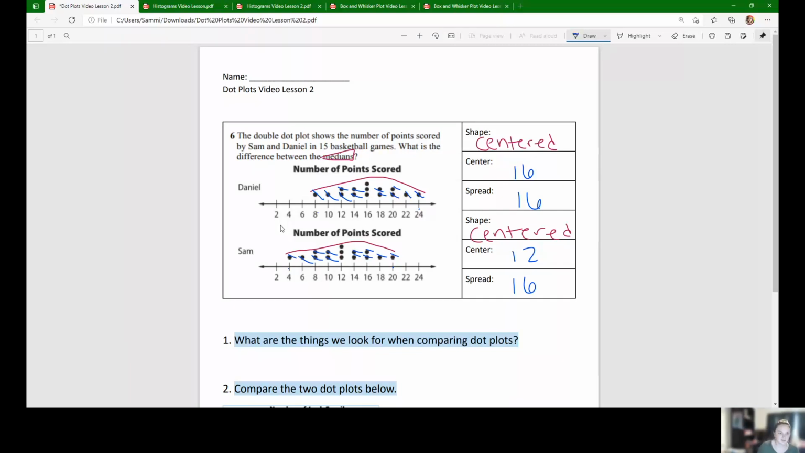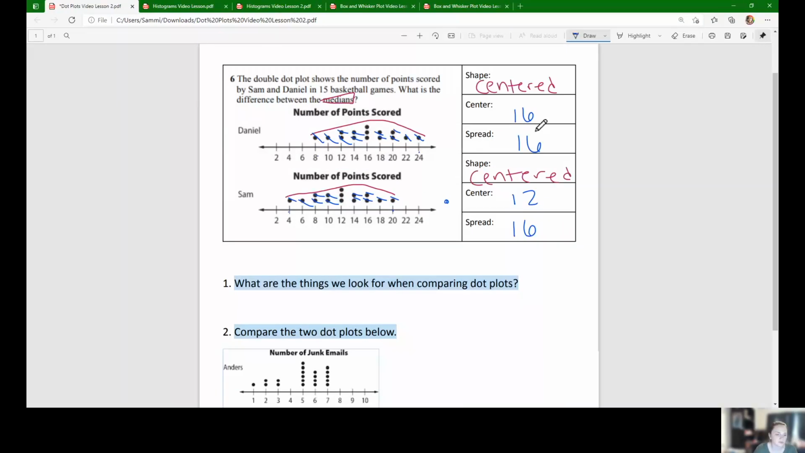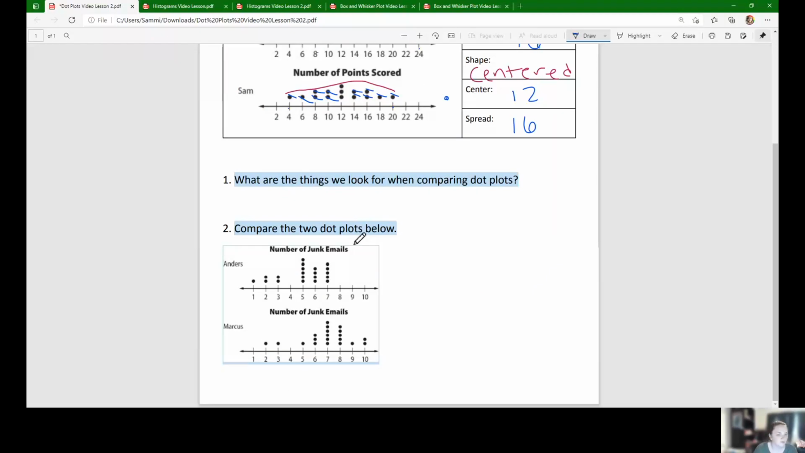So they're both kind of consistent in their range, but it's looking like Daniel's the better player. So that's kind of just what we can get from that. There's not really any outliers that are way over here or anything. So we can look at these three things when looking at dot plots on Canvas or on this